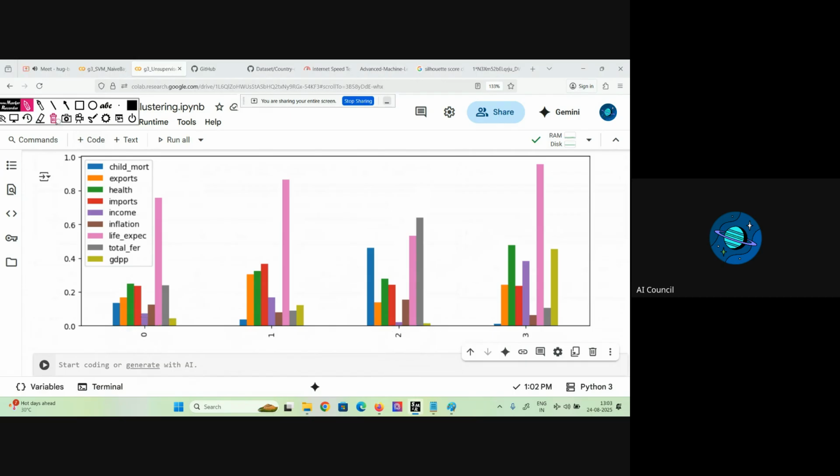So if I have to help, I will first give preference to cluster two because the condition is poorer. Once I help cluster two, then I go for cluster zero. Cluster two and zero have a similar kind of behavior, not exactly similar, but very close. So for cluster two, if I have to identify what I can do,